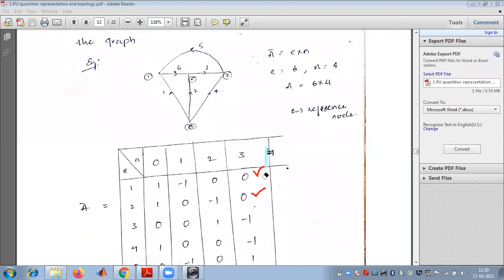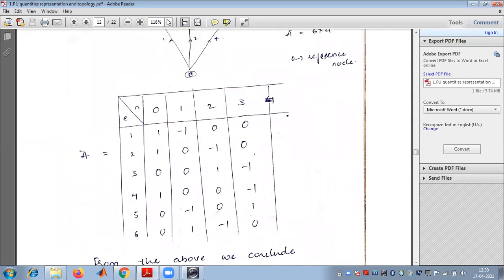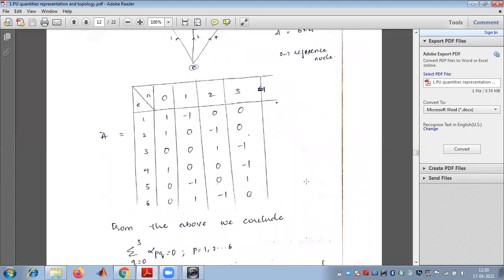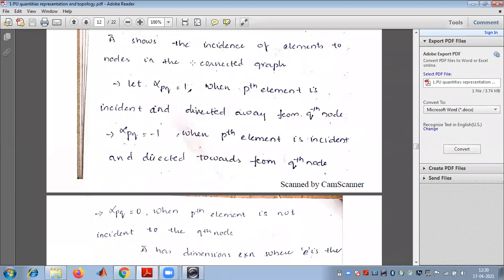the element node incidence matrix. So finally, this is your matrix. You just note down this matrix and note down this graph. Note down this graph and note down this matrix. Later you will analyze how you are going to substitute this. So before going to that, first of all, you write down this one.